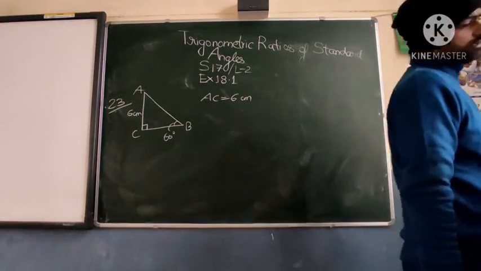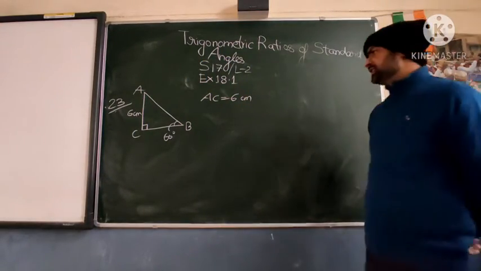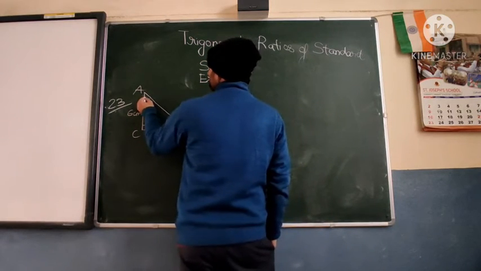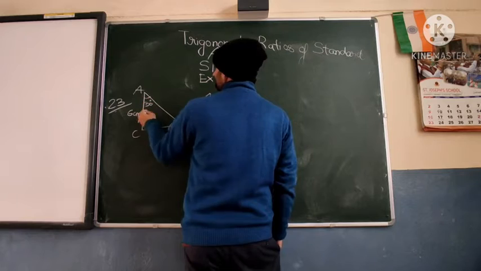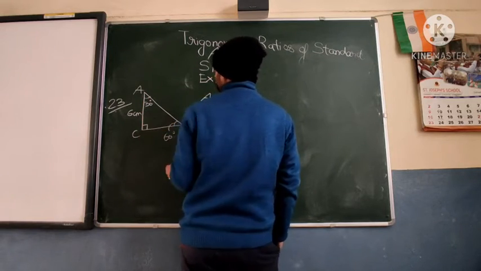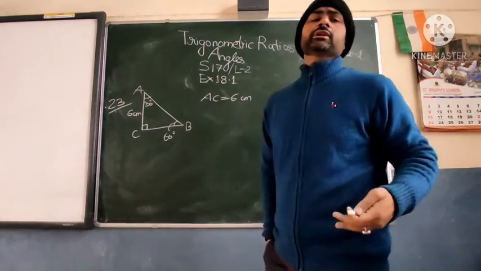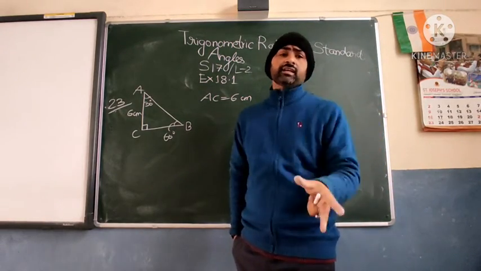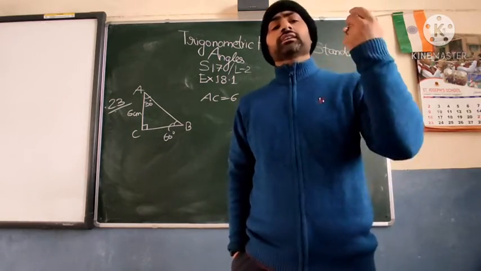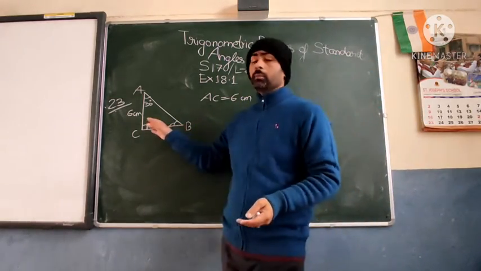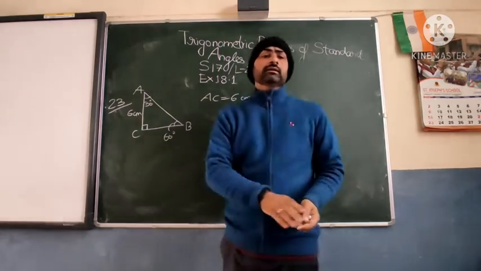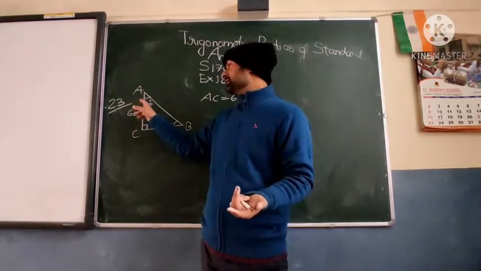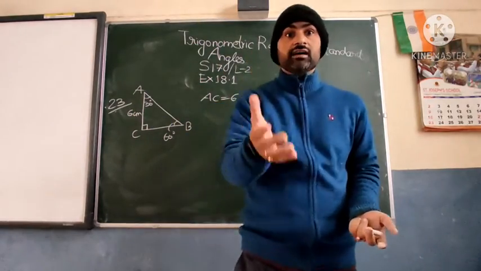AC is 6 centimeter. Find the length of sides BC and AB. Okay. Now see, this is 30 degree. You will know from this experience: 90, 60, 90, 150, so 30 degree. So it is up to you which angle you take. Go with sin 30. Sin 30 is your real friend because sin 30 is half. You will most commonly find 30, 60 and 90. Sin 90 also you can go, but it is not possible to go with that. Sin 30 you go. Sin 30 is half.